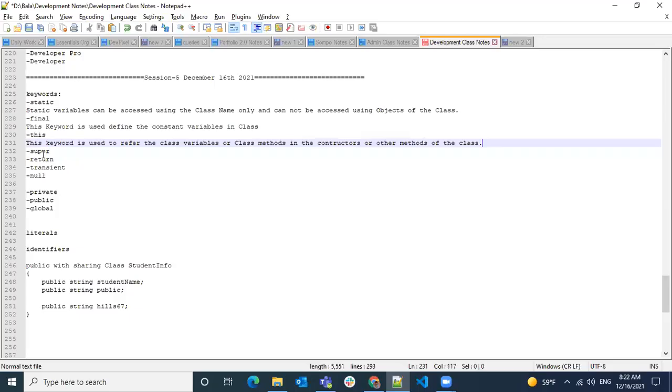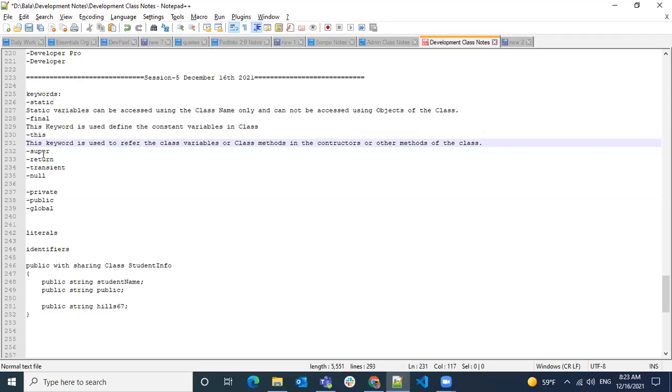Within the class only we use this, then only it will make sense. It is not used outside the class, because outside the class it will execute in that context. If it is within the class, it will refer to the class variables. Even if there are no duplicates, you can refer to this, but it's not mandatory. When you're having a conflict, then only you use this keyword to refer to class variables and class methods.